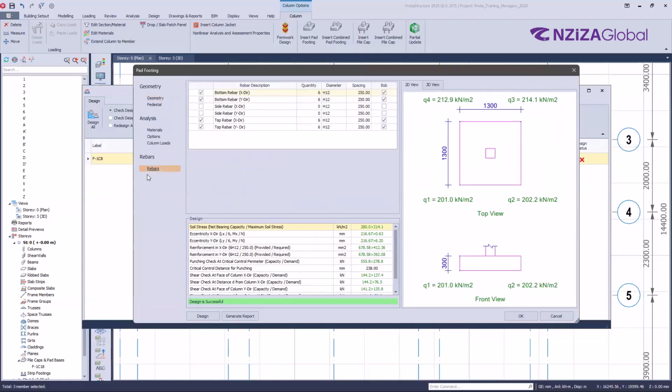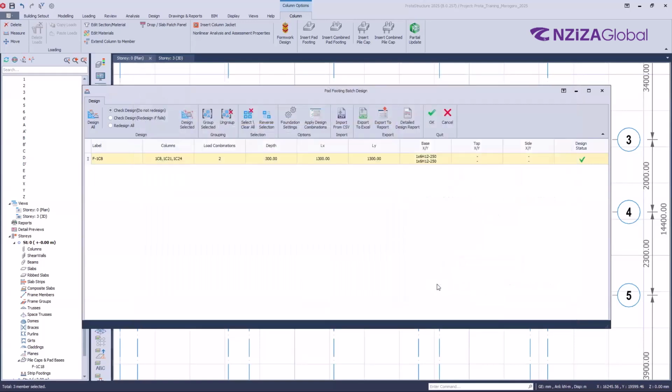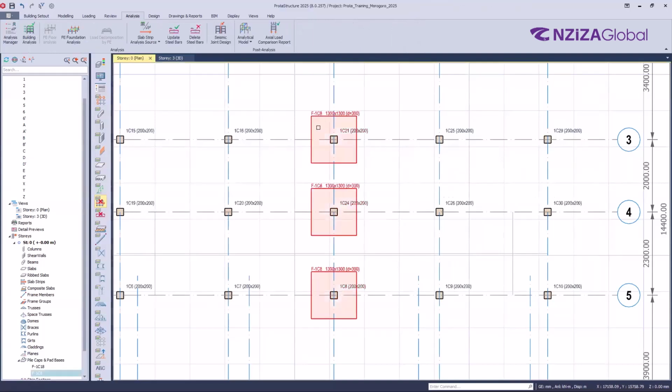You can go to the ribbon and change, maybe remove these tops. You can do any change that you want. If everything is okay here, now if I click on OK, you see the design status is okay. Now if I click on OK again to end the command, I will have